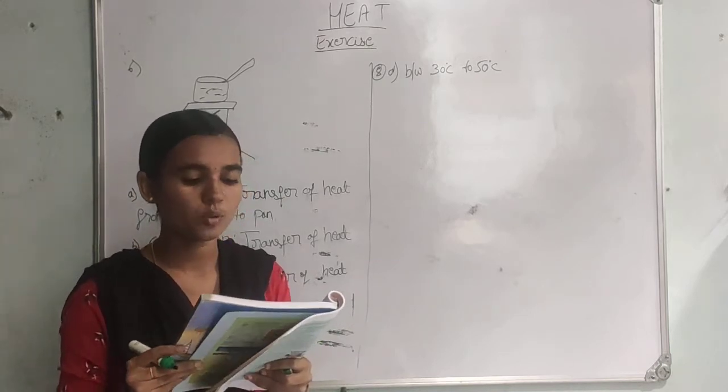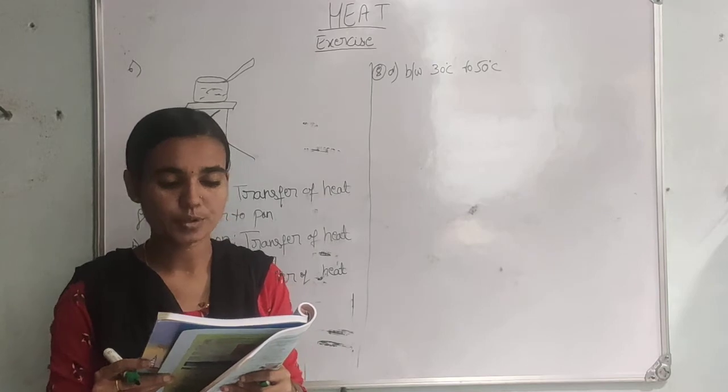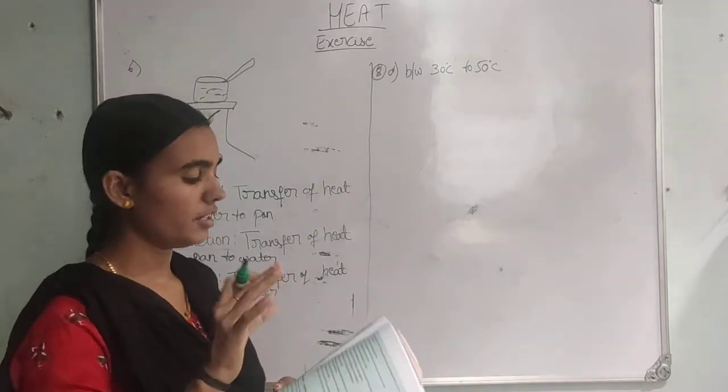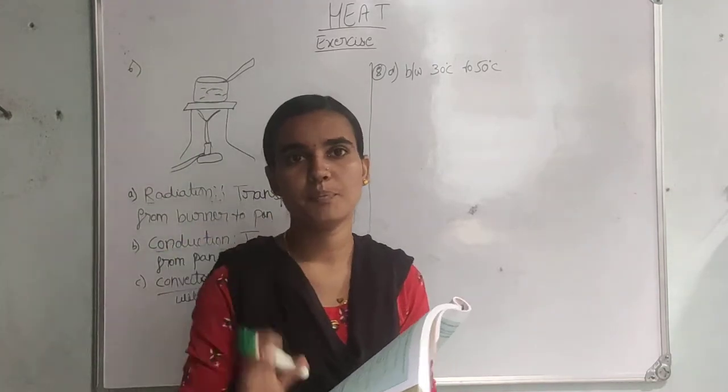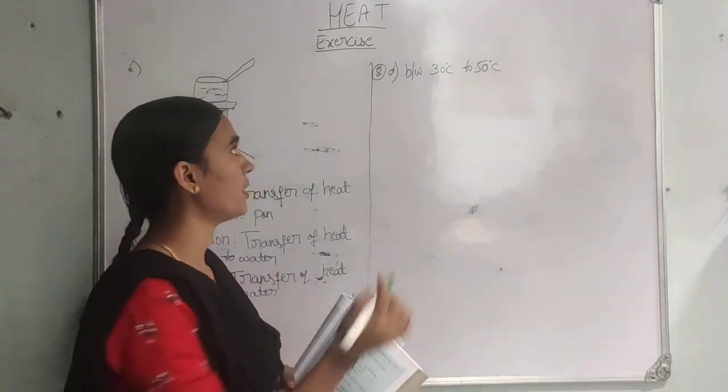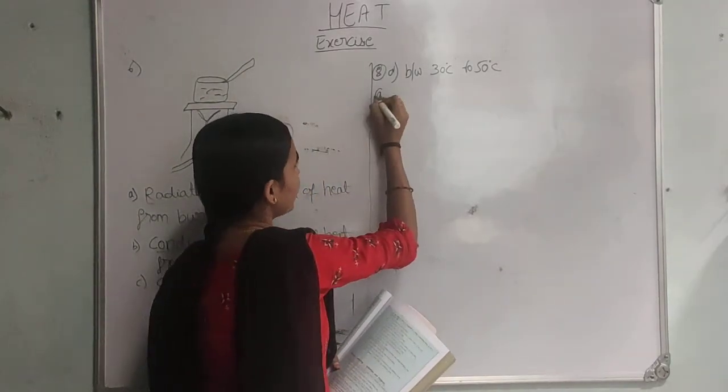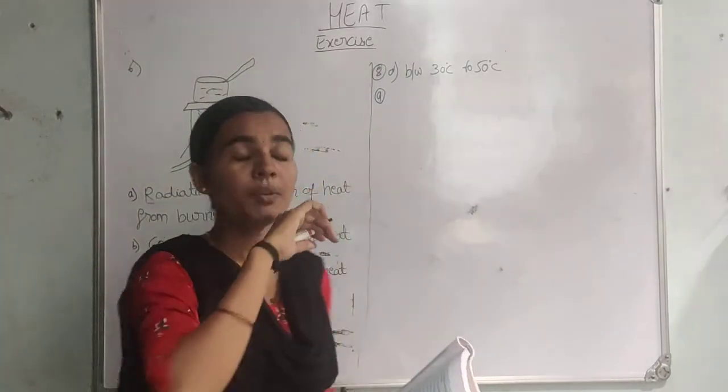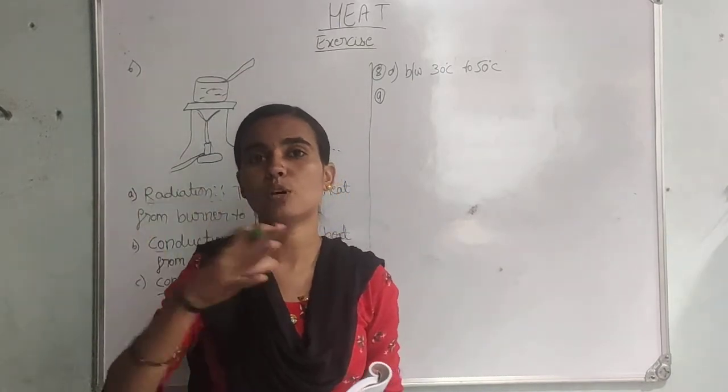Flow from water to iron ball increases the temperature of both. So here these two objects have the same temperature. Because of the same temperature, heat is not transferred from the ball to water